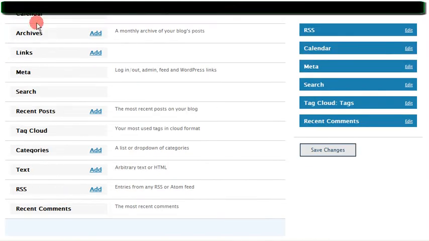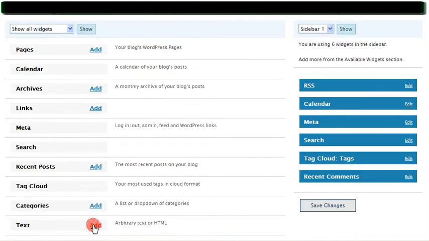But the options are calendar, archives, links, meta, search, recent posts, tag cloud, categories, text, RSS feeds, and recent comments. What text is, if you add text, so let's